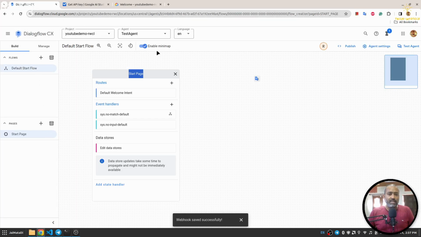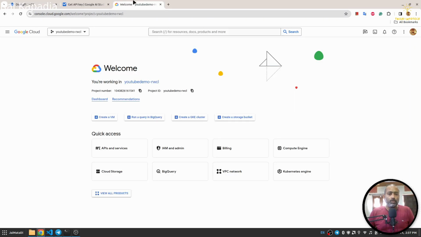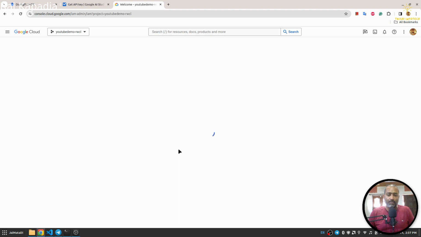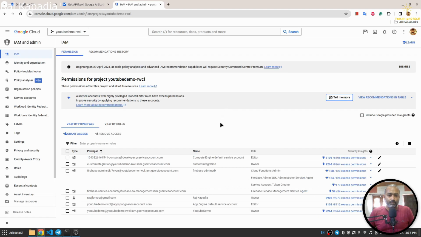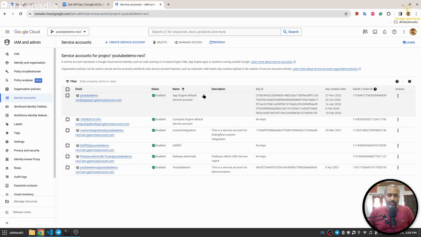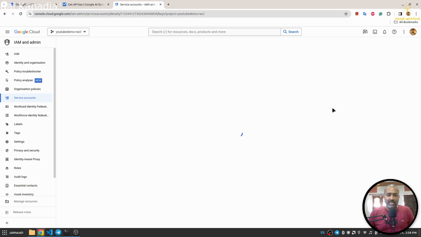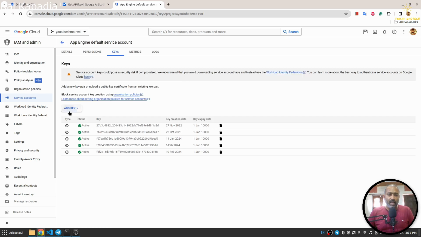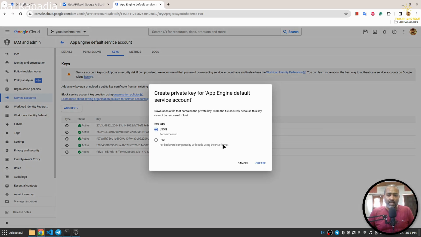On Dialogflow CX, the project on which you are working, you need to go to GCP and connect the same project, and then from IAM and admin, select the compute engine default service account and then create a service account for that. So this is my app engine default service account. From these three vertical dots, manage keys, and I will add another key, create new key, and it will download a JSON file and I'll use that